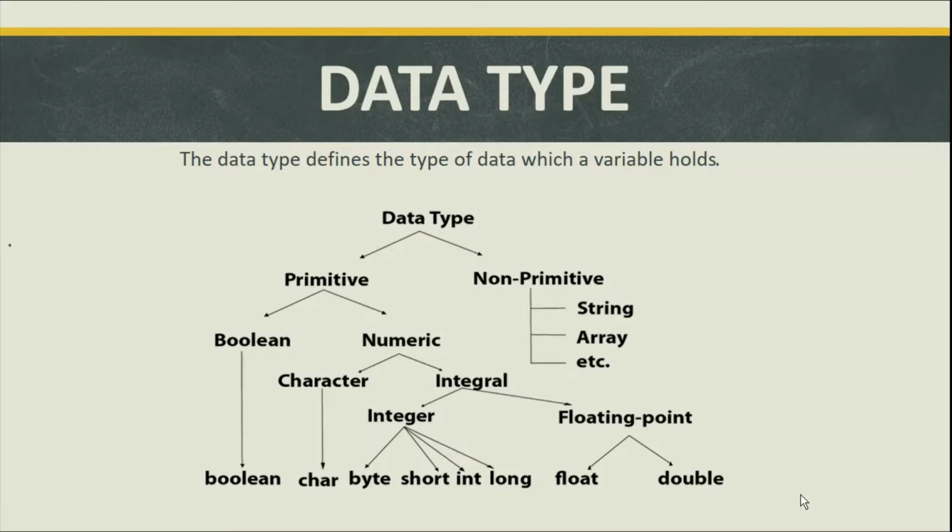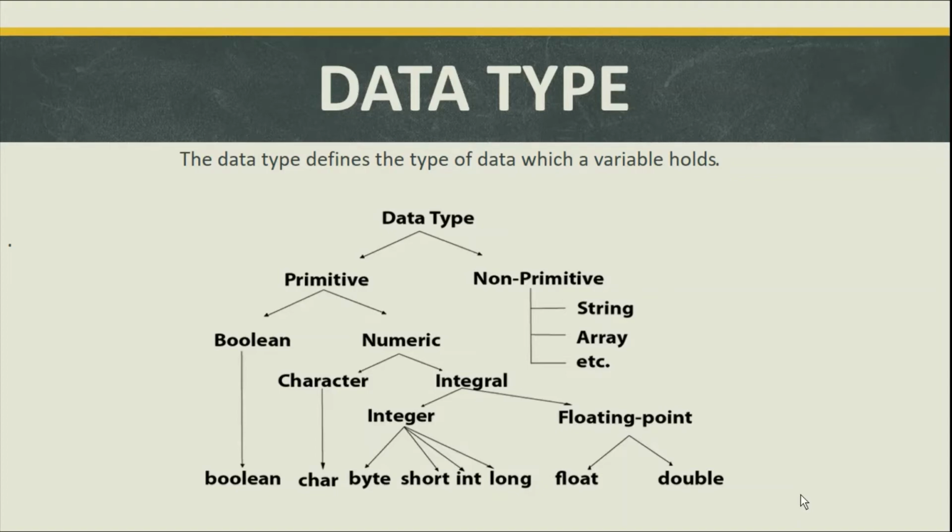Primitive data types are those kind of data type which are independent data type. Their size and name are already specified in Java library, and we can choose them as per our program need. Suppose if we have to work with any number type data, we can use numeric data type like byte, short, int or long. If we have to work with any alphabets or character or digits, then we can use char data type. If we have to work with any real type of data, you can use float and double.